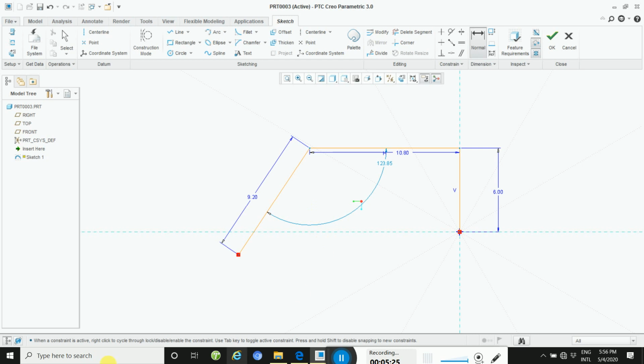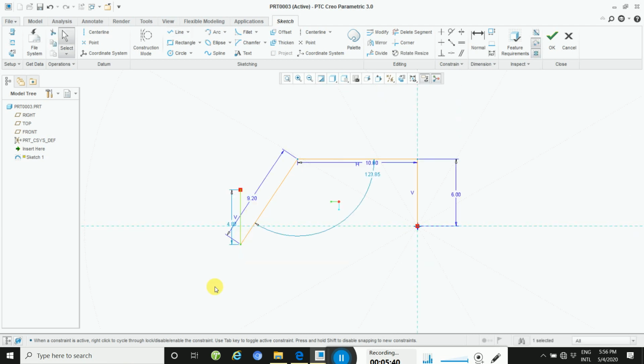Draw a line. First you draw simply, then you go to the higher one. Mouse middle button 2 times, and then define the dimension. Your dimension, the height, is 4.